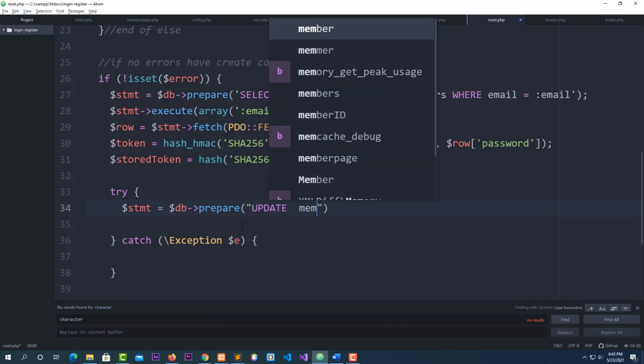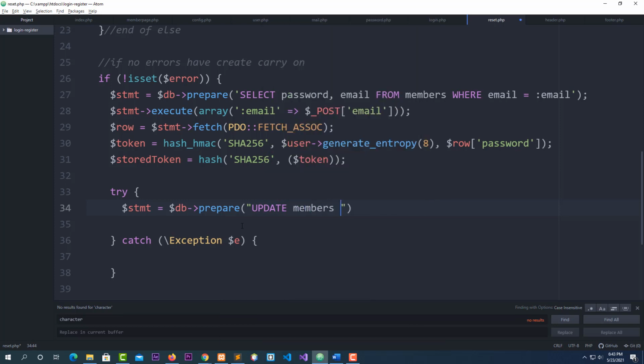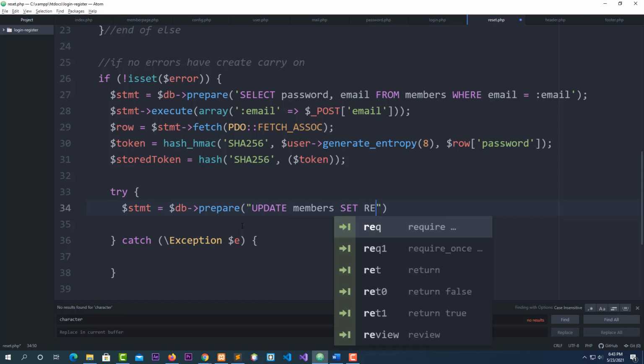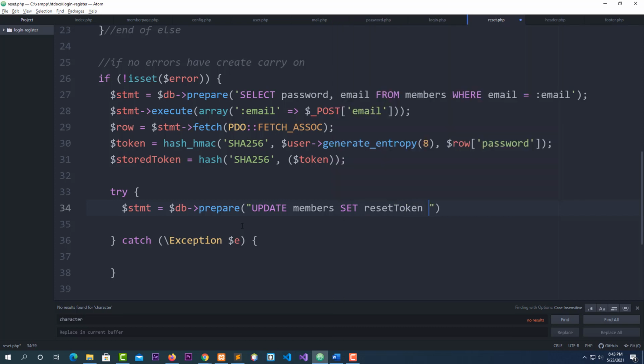I'm going to say update our table members and set it for the reset token. Reset token equal colon token, comma, and a reset